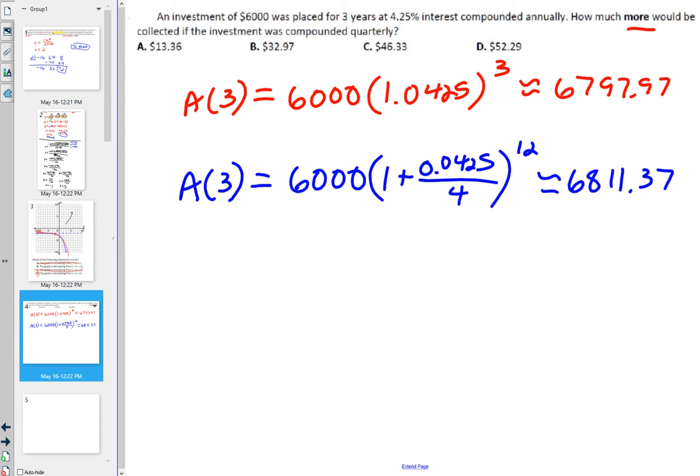Oh, because I wrote this wrong. Yeah, this should be 32. No, that's okay. 0.33. So 6811.33 minus 6797.97, and that's 1336. So